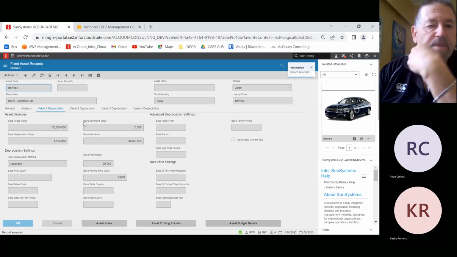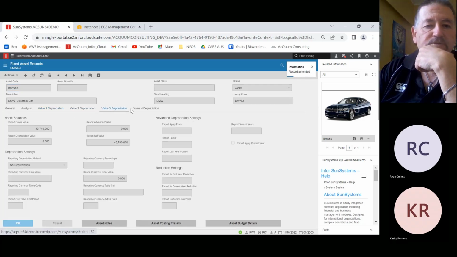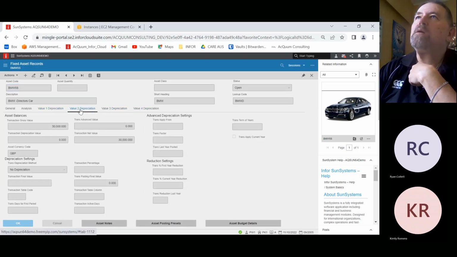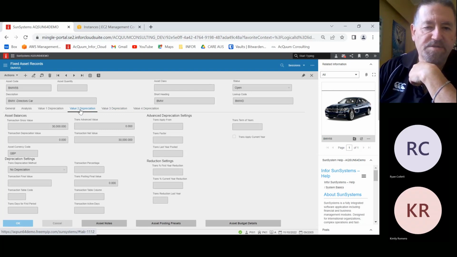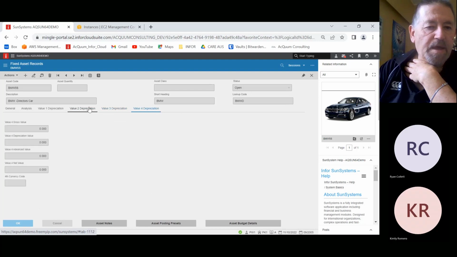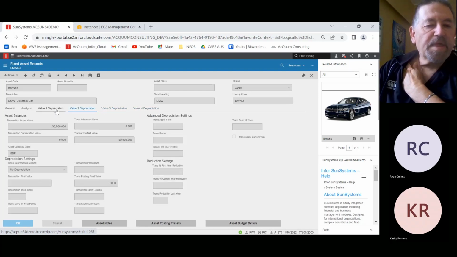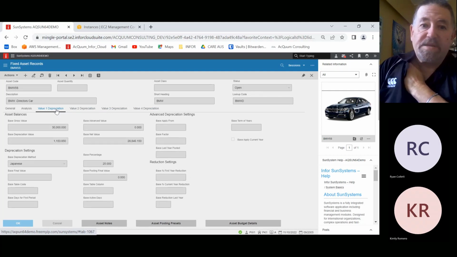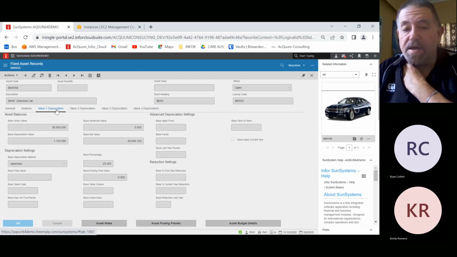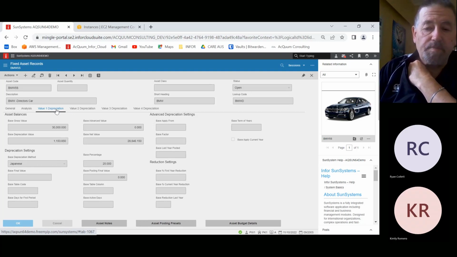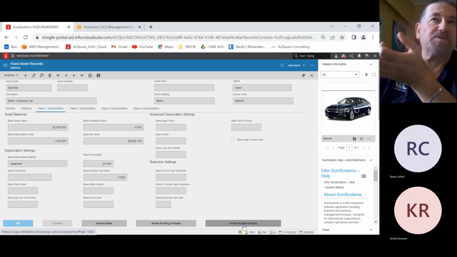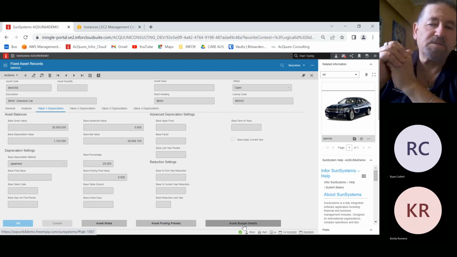We do have some other tabs here for other values. These are for if you are running a multi-currency system and you need to do your asset reporting in different currencies for reporting purposes. This is where you use those. If you want to do something like have a taxation ledger or even a forecast system, then you just create another budget. So as we have B budgets for our budgets or C for commitments, we can have a D ledger for